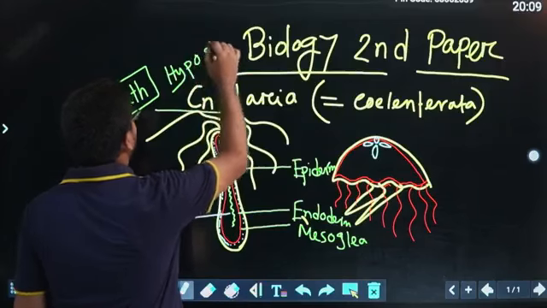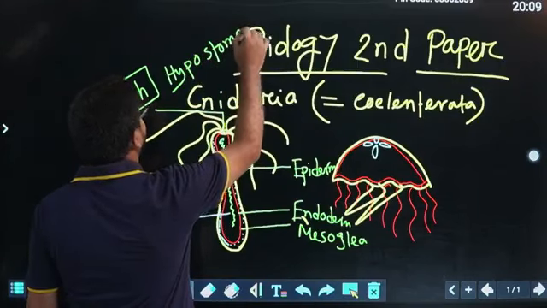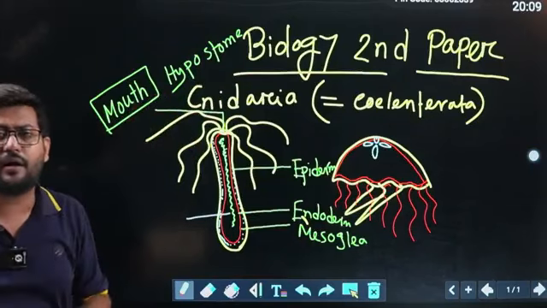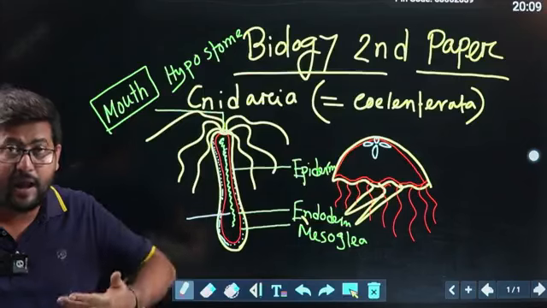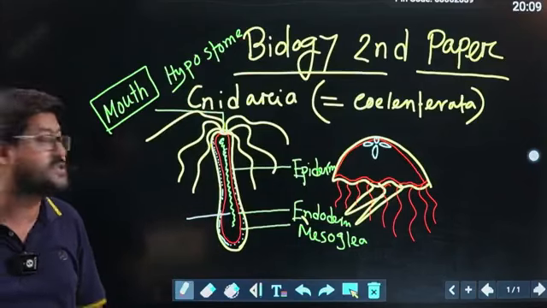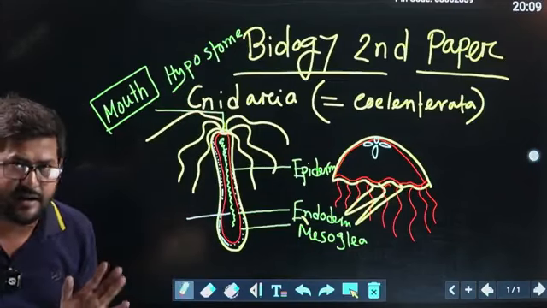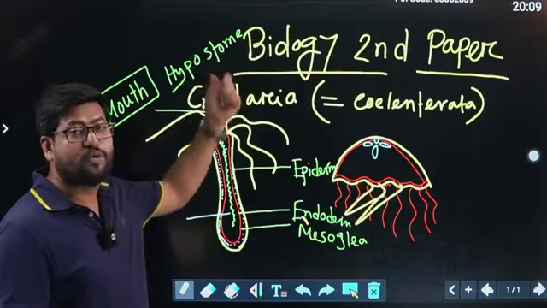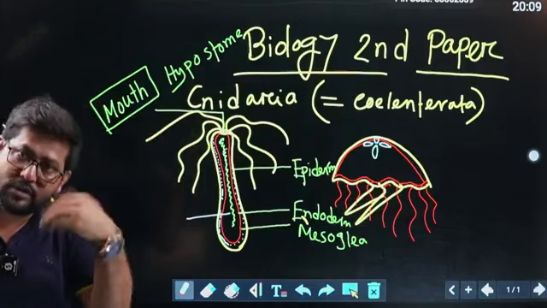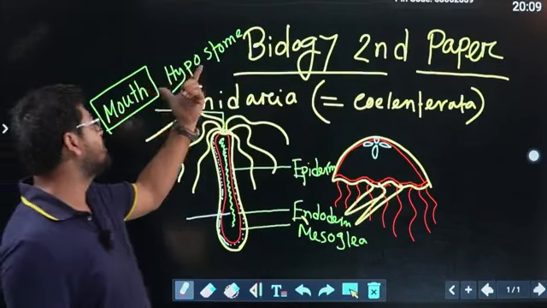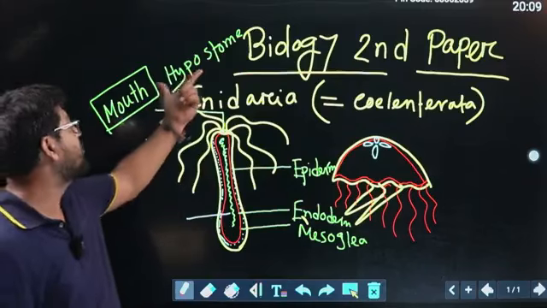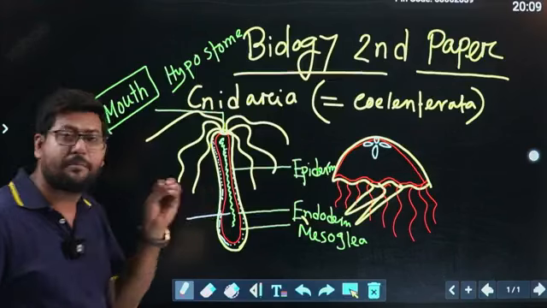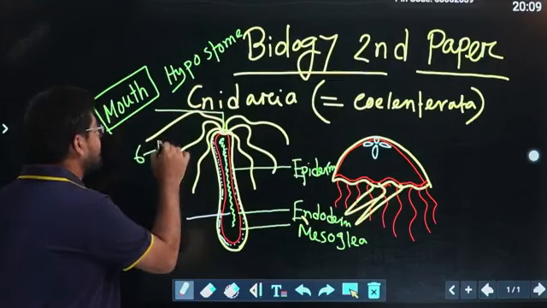Hypostome means a stomata. Hypostome comes from two words. Stome comes from stomata, and hypo means under. So the opening or gap that we have under our body parts, you obviously can say it is the anus, but this organism has no anus. For that reason, this stomata that acts as mouth also acts as anus too. For that reason it is not directly called mouth, rather you can say it is the hypostome, and at the border of the hypostome it contains a number of flagella, and it may range from 6 to 10 in different species.